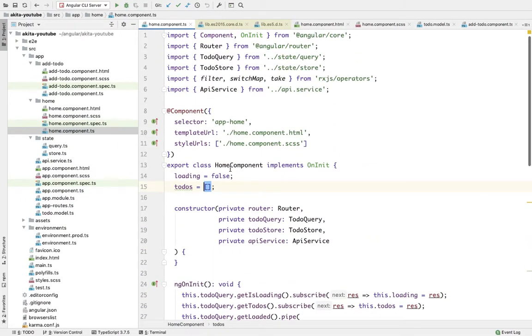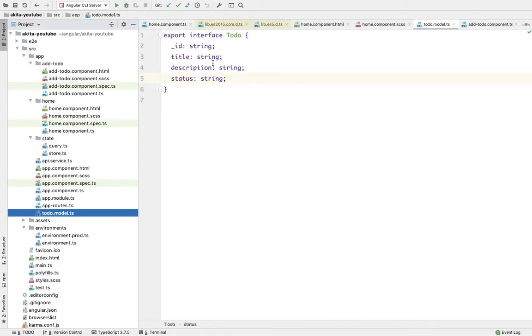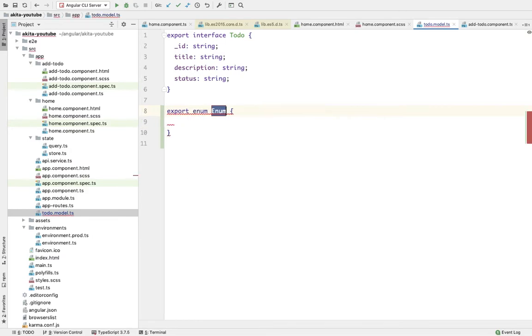So if you go to the to-do model, you can see that here we have a status key which is currently a string. So let's define an enum for this status. Export enum ToDoStatus, and we will be having two keys here.